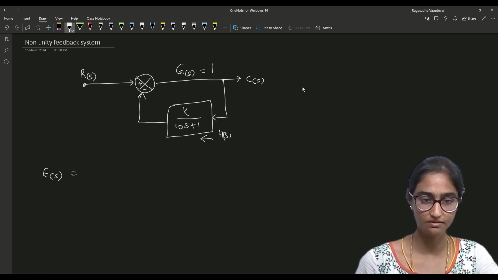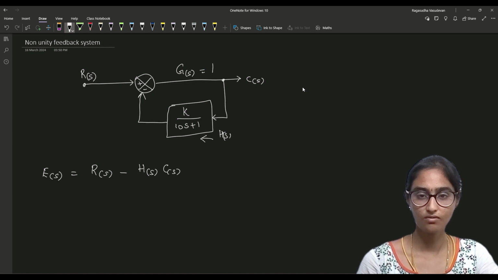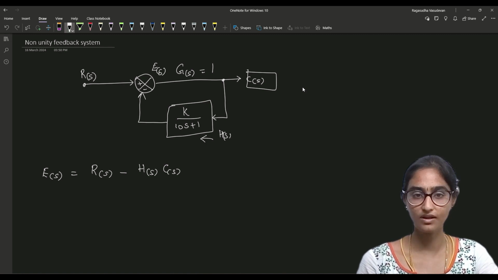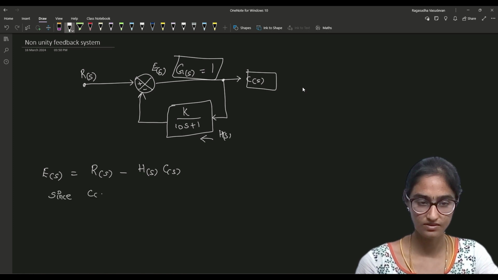E of s is equal to R of s minus H of s into C of s. What is the C of s? It is the error term which is coming out of here multiplied by the G of s. Since C of s is equal to G of s times the error,